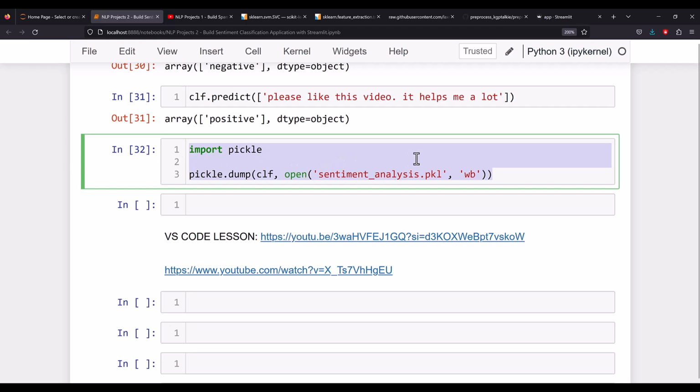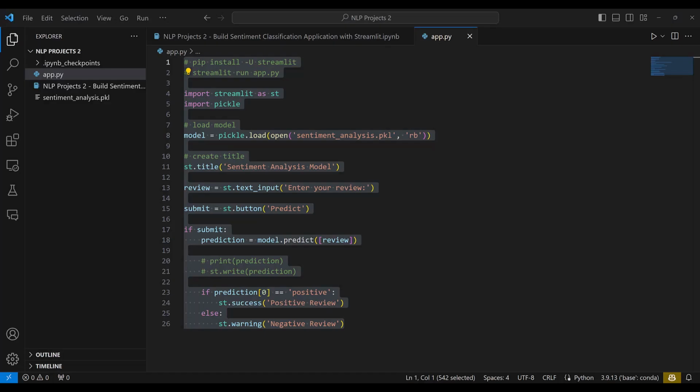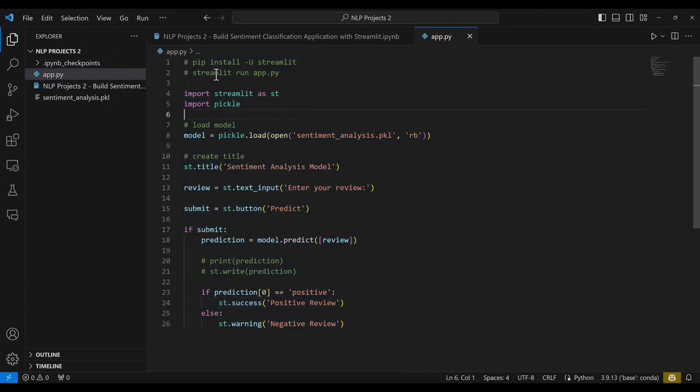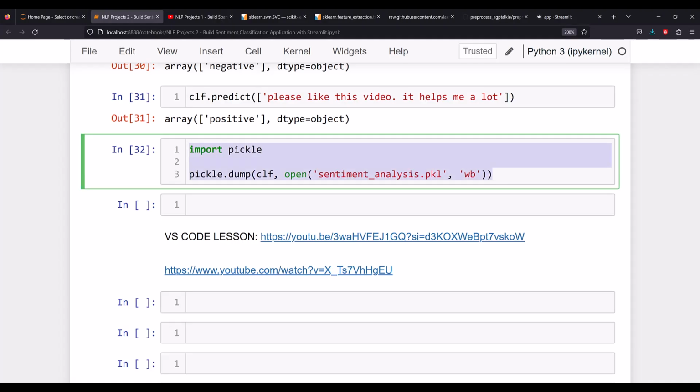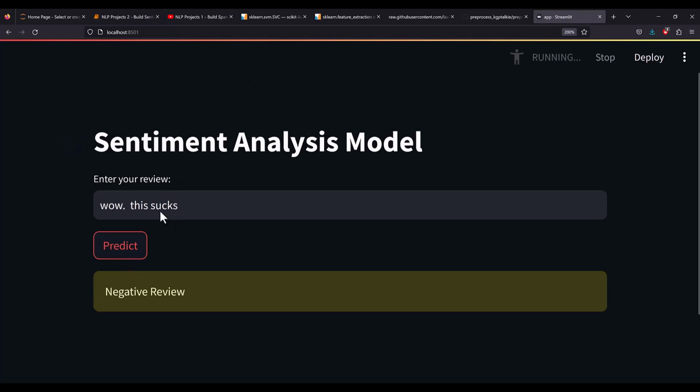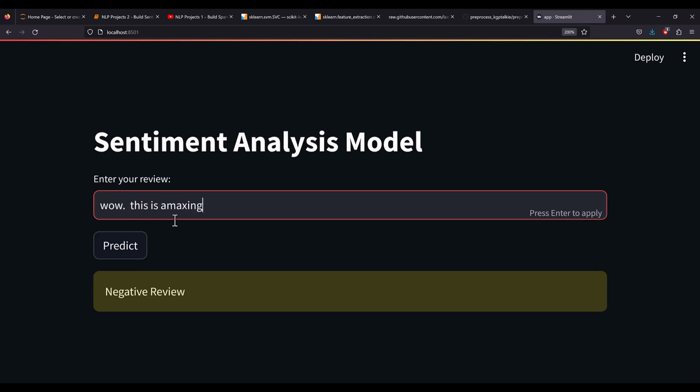Once the model is stored, thereafter we will be making a new file known as app.py. In that, we will be utilizing the Streamlit application. In Streamlit, we will be loading our sentiment analysis model, and then we will be designing our front end using Streamlit components, and finally we will be doing the prediction at the front end. Whatever review you provide here, based on that, it predicts. Like,